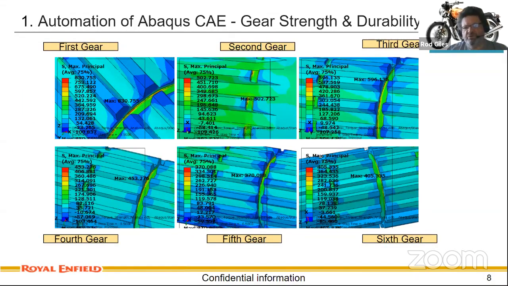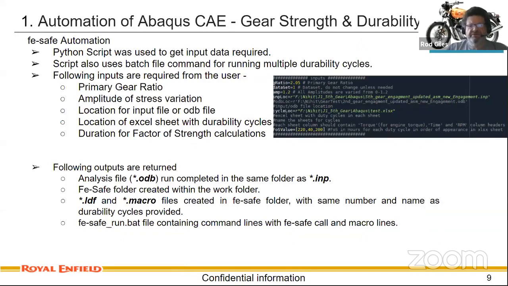So it's an automated report where we can show for each gear where the particular high stress concentrations are in the shaft, and display that in a report. And then once we have done that, we have another application which can take the data from the ODB and run through FE-Safe to do a durability assessment. So this is a description of the FE-Safe